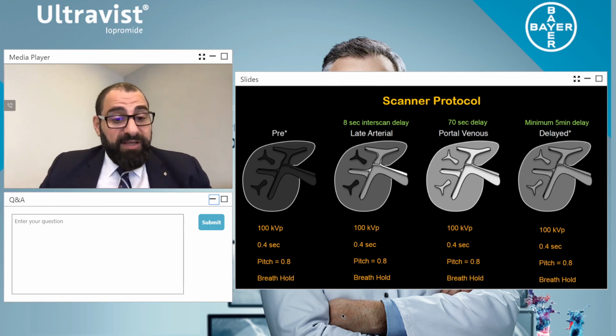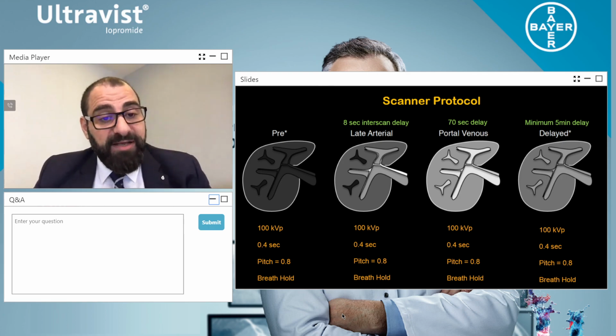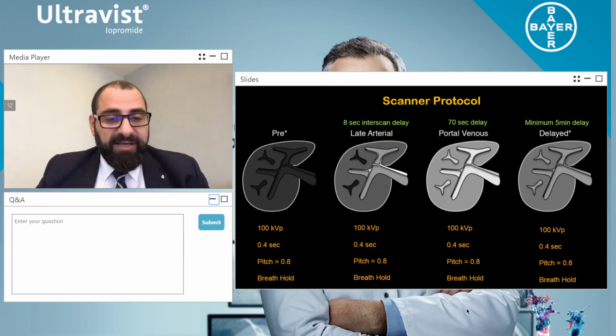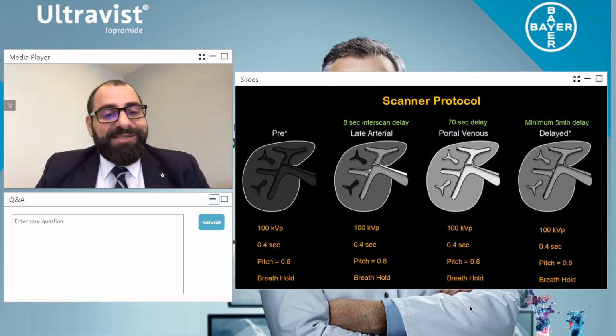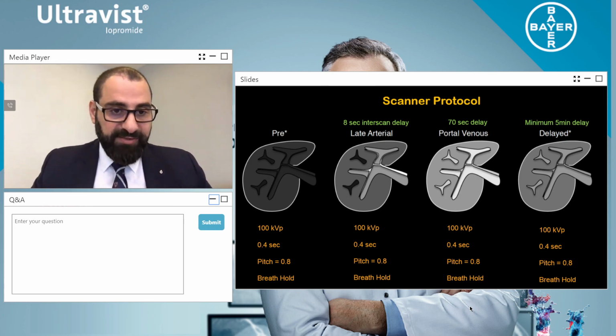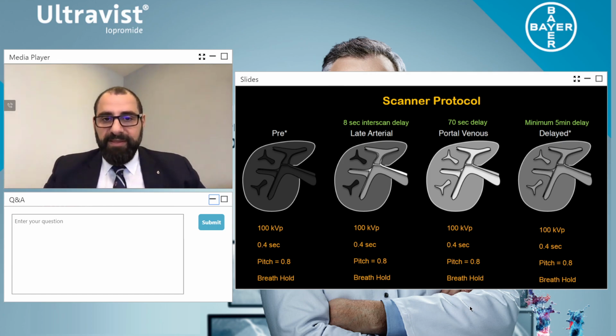Now, would the contrast injection protocol be the same for 16 slice, for Abhishek Gorlawar? Excellent question. So we said that 3.5 mils a second for 16 slice to 64 slice is perfect, and the rotation time at 0.8 seconds. Look, if 0.8 seconds is the fastest you have, depending on which scanner you have, you have no other choice. But if you can get it lower, that's even better.